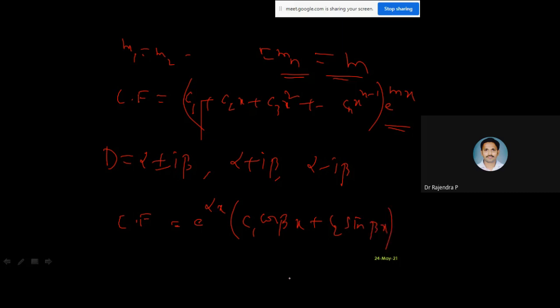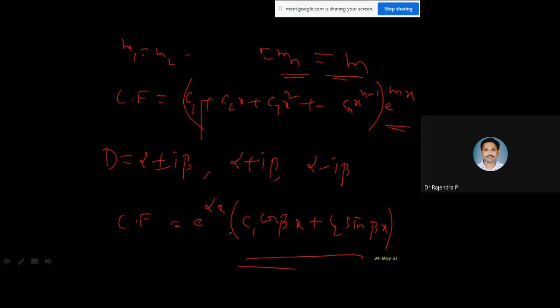So I ask you to remember all those results. Of course, when you are practicing, automatically you are going to remember them for a long time. So there is no other way now. We are not going to tell how these results come into the picture, all those derivations, which are not part of our syllabus. So as an engineer, you should remember all those results.